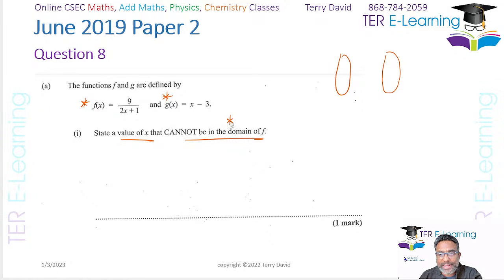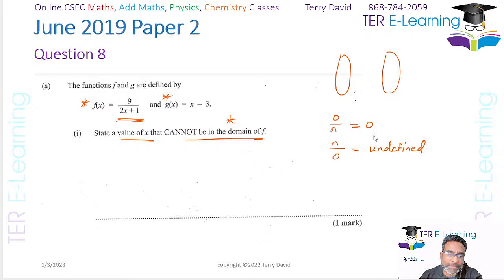So your domain are the numbers that you plug into the function. So if you look at this particular function here, it's a fraction. Now what you don't want to happen is that the denominator equal to 0. You don't want that equal to 0. Because remember, in one of the earlier questions, I said 0 divided by any number will give me 0. However, any number divided by 0 is undefined, right? So we never want this to happen with